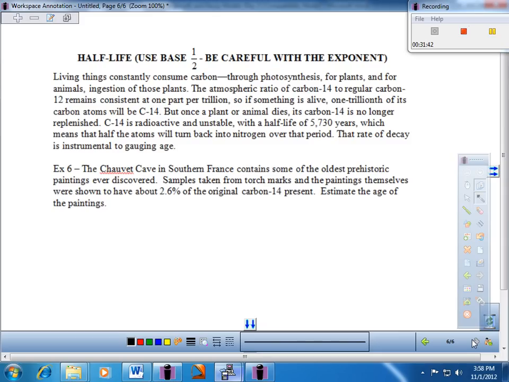So, my science is probably a touch rusty, but let me just read what it says here, and then we'll check out example 6. It says, living things constantly consume carbon through photosynthesis for plants and for animals' ingestion of those plants. The atmospheric ratio of carbon-14